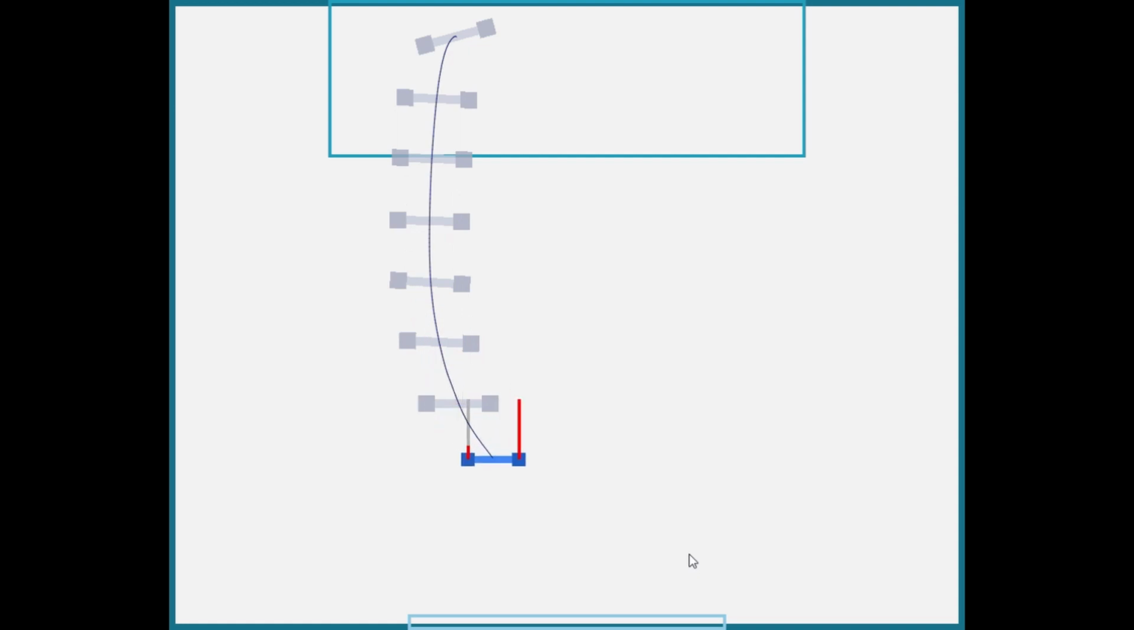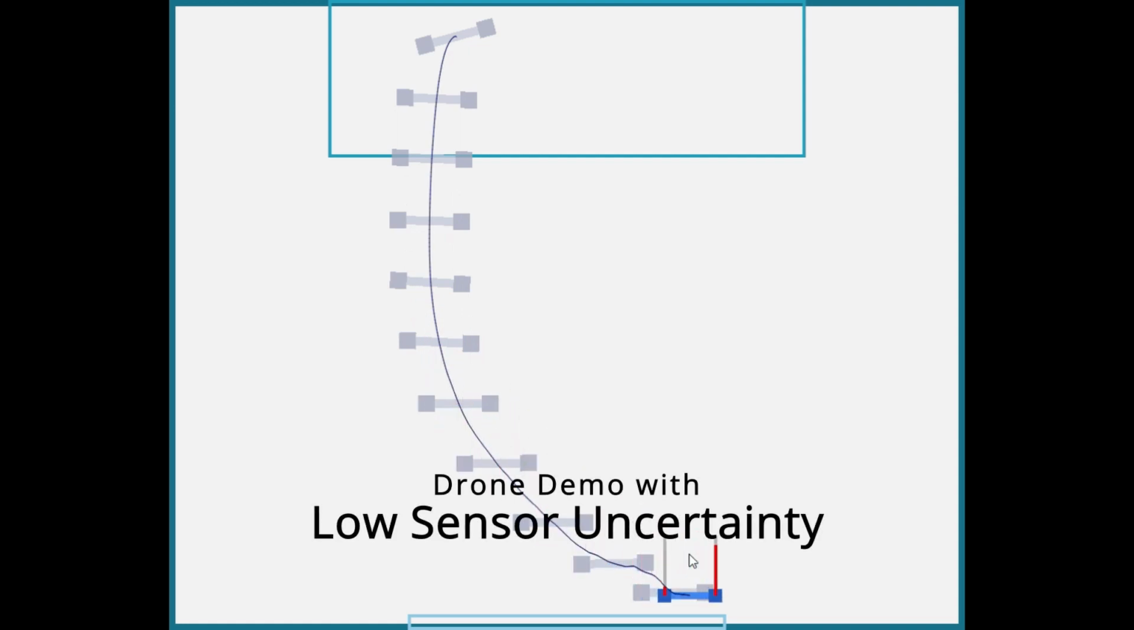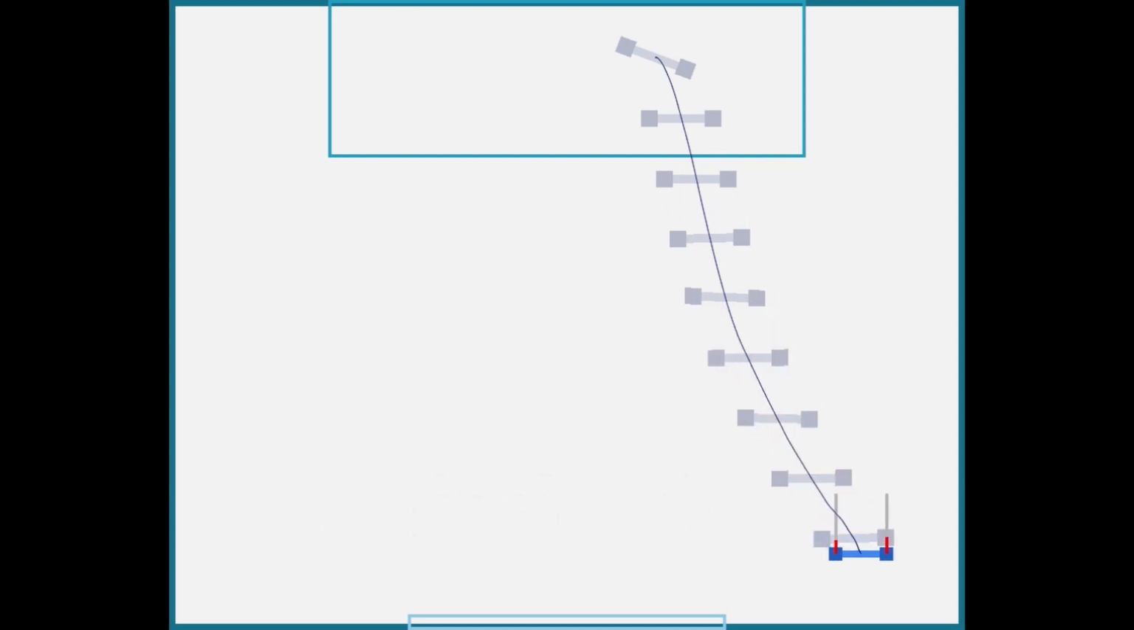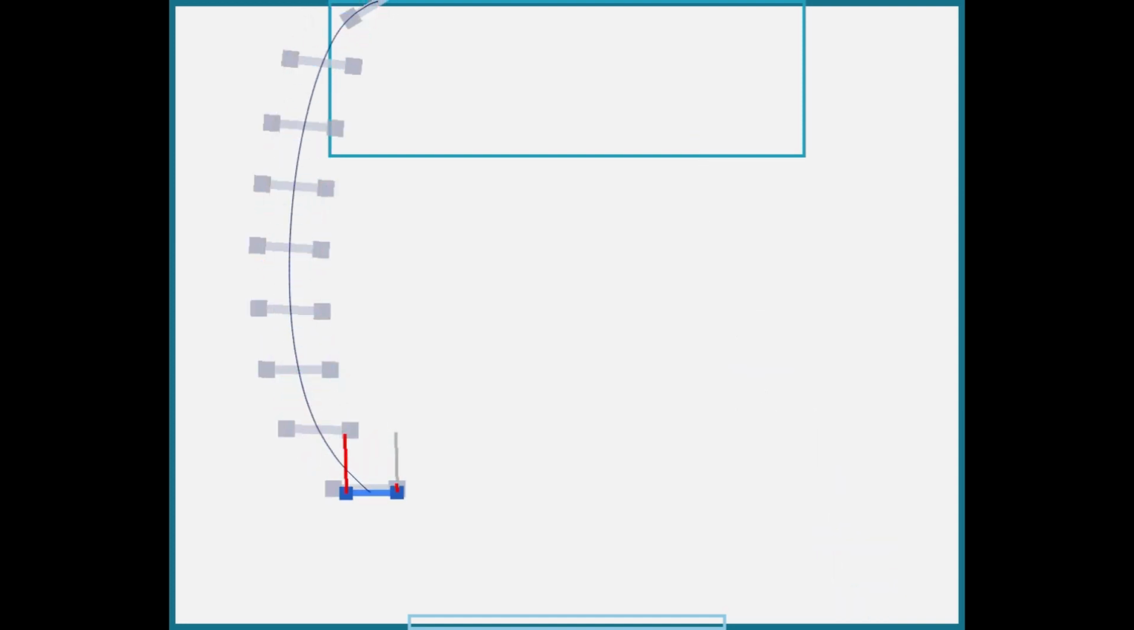Now let's try adding uncertainty to this mix. Here you can see the effect of low sensor uncertainty on the drone. As you can see, the drone can still approach the landing spot with great speed, much like before, but it is now much more uncertain when it gets close to the ground, as it is unsure of the landing zone